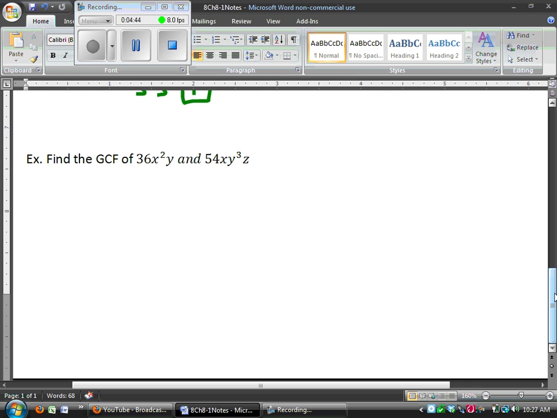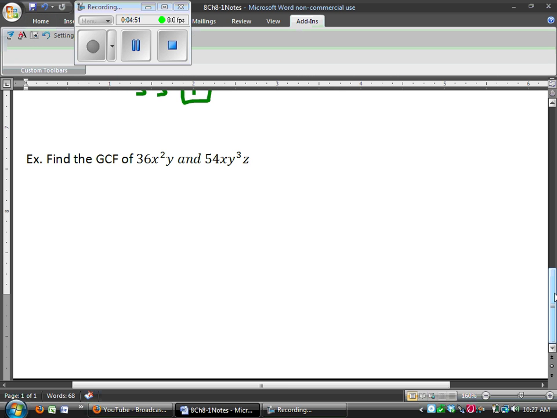Last example of this. I said this is going to be a quick one. This is just a review section to remind us what a GCF was. We have this monomial with numbers. So we have 36x squared y and 54xy cubed z. Okay? But remember, the first thing we need to do is split this into 36 and x